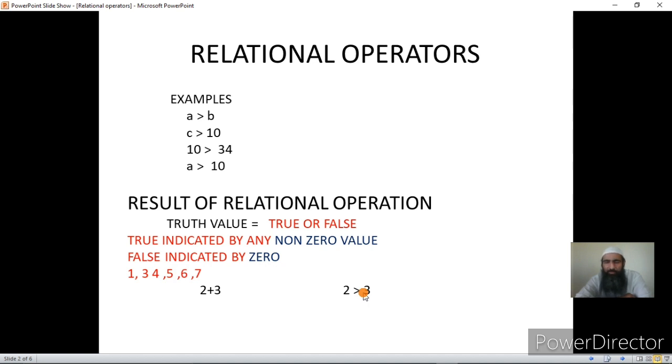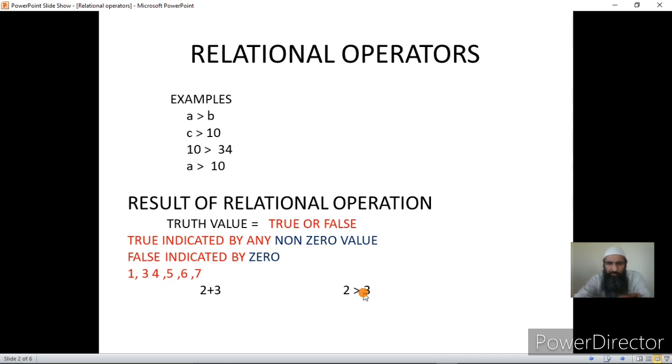And mostly the books will write it as 1, but that is only part of the information. Actually, C indicates the truth value by any number other than 0. Since 1 is a number other than 0, most of the books write 1 as true, but that is not the whole truth in the case of C. A truth value can be any value other than 0. I think this is clear now.